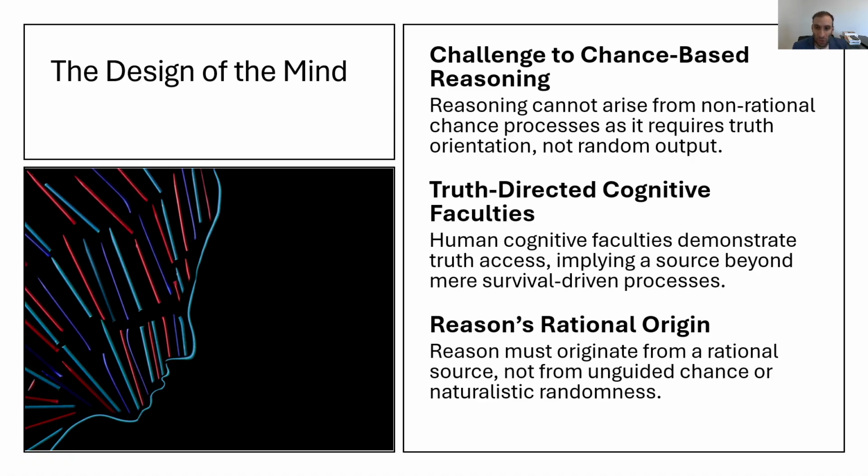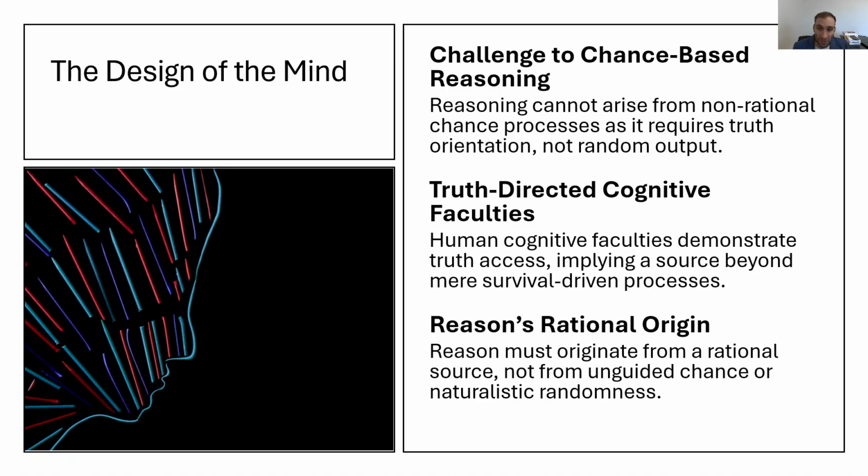But if our minds are the product of evolutionary chance, then our minds are not aimed at truth. And if our minds are not aimed at truth, then we cannot trust our reasoning, including the reasoning that led us to believe that we are products of evolutionary chance. In other words, if we believe that we exist through evolutionary chance, then we cannot trust the very belief that we exist through evolutionary chance. This worldview collapses on itself.